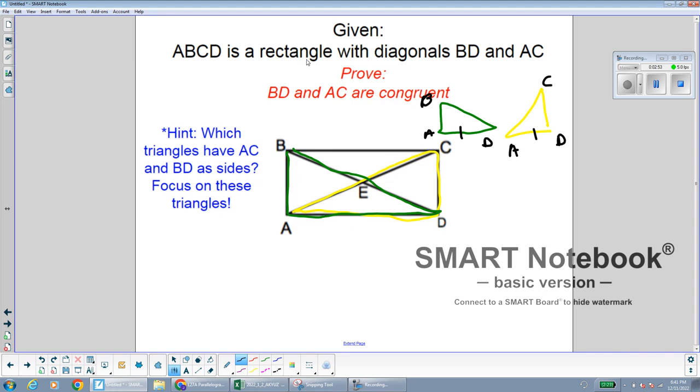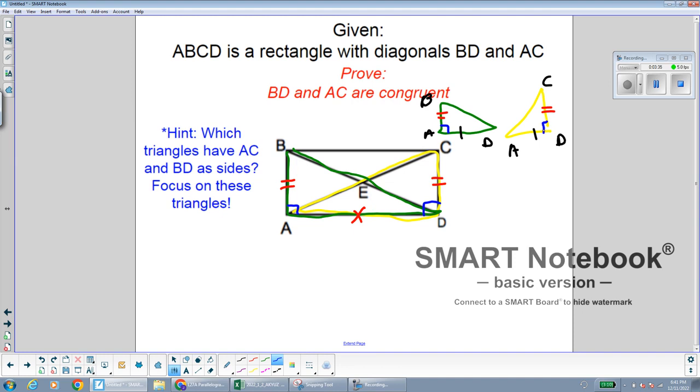I also know that ABCD is a rectangle. And a rectangle has all of the properties of a parallelogram and also some extra properties that make it super special. So one property of a rectangle that also is a property of a parallelogram that might be helpful here is the fact that opposite sides are congruent. So I'm going to fill that into our separated triangles as well. And since we do know this is a rectangle, we do know that all of the angles are right angles. So I know that angle A is a right angle, and I know that angle CDA, angle D, is a